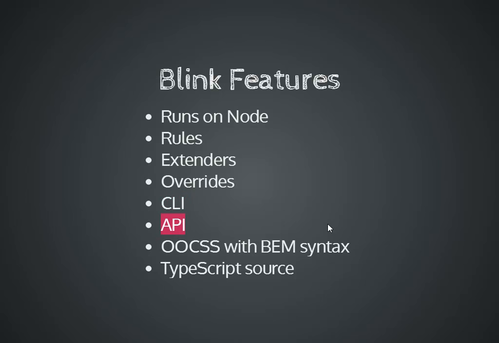That's one thing I think has been missing from a lot of CSS preprocessors or even JavaScript ones. I'm not terribly savvy on CoffeeScript, but with Sass and Compass, when you want to use a build tool for those, there's really no API you can use in Node, so you can't actually use gulp the way it was intended because you don't have access to the compiled output. It writes files, yes, but you don't get access to the contents of those files before writing them. So this API allows you to actually run a Blink compile command, and as a result,